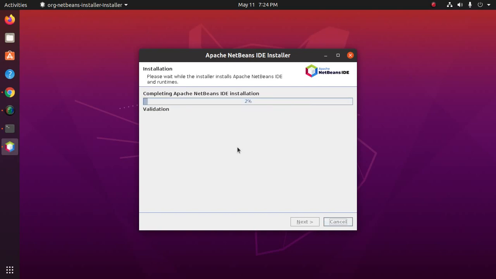Now completing Apache NetBeans IDE installation. This will take some time for validation,